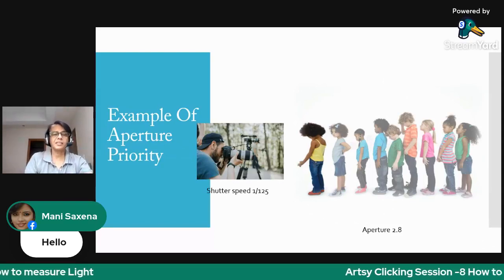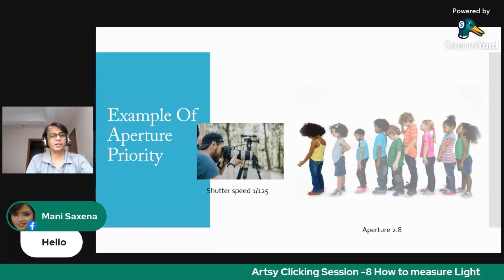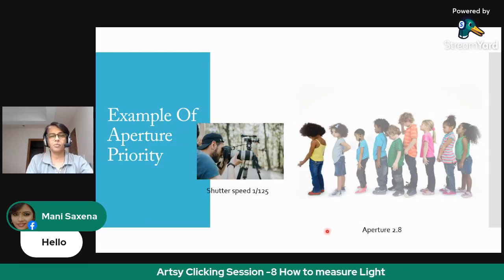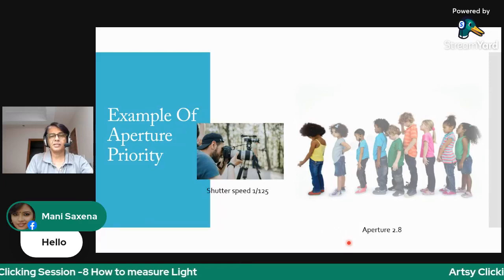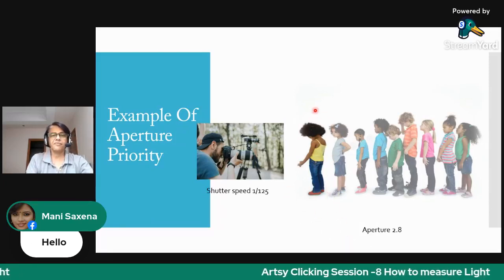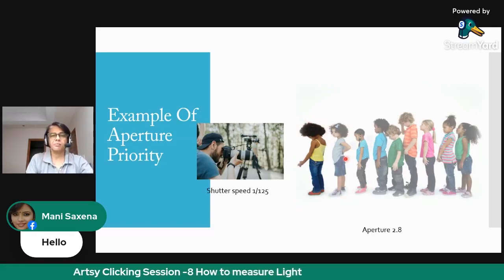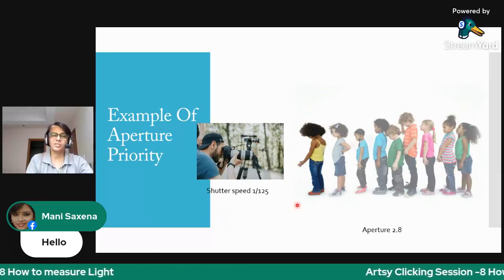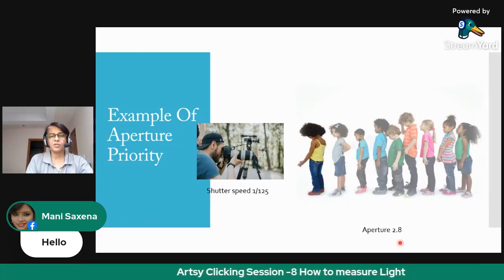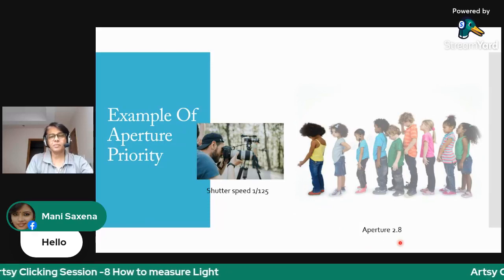So this is another example of aperture priority mode. Suppose I want a narrow depth of field, and I just want to photograph this child in front and blur all the others standing in the background. So I want this depth. I keep the aperture of the camera at 2.8, that is the lowest aperture,